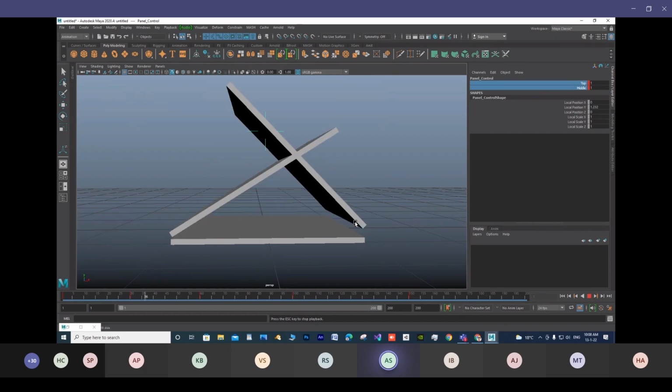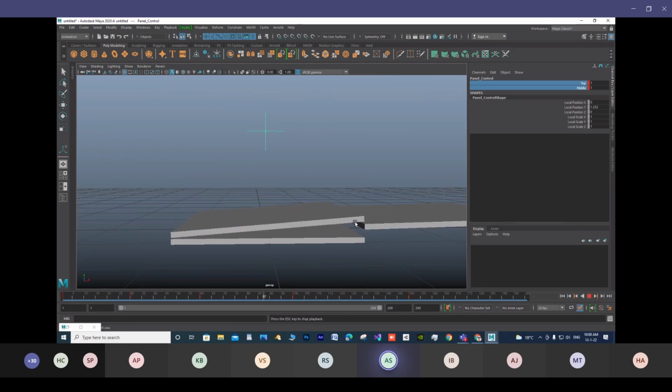So for example, if you are modeling a car and you have to set a controller for that car that is going to be animatable in any film or project. For doors, for example, 4 doors are there. So you can create one locator like this. You can give the name doors and add all: front left, front right, back left, back right, or even the bonnet. From here you can control